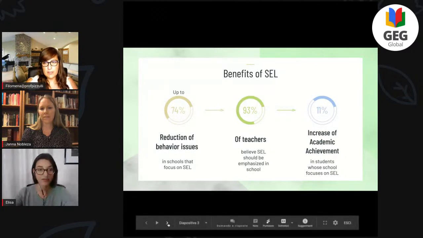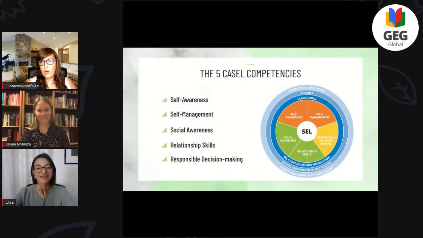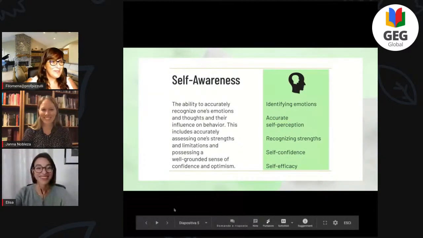So very important. This is a really famous wheel, the CASEL wheel, that shows us the 5 competencies: self-awareness, self-management, social awareness, relationship skills, and responsible decision-making. Maybe you know the meaning. If you have an idea, you could write it down in chat. And you have to remember that they are not separate words. They are all connected. And through this live, we show you how they are connected to each other. Okay, Gianna, it's your turn.